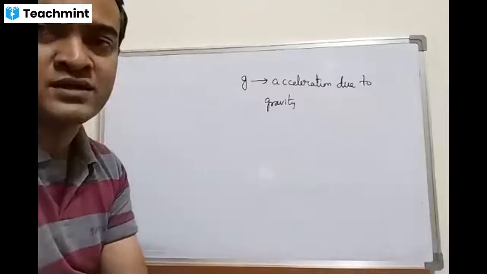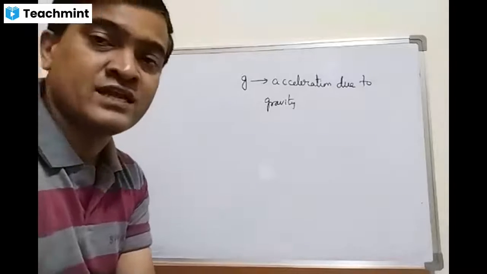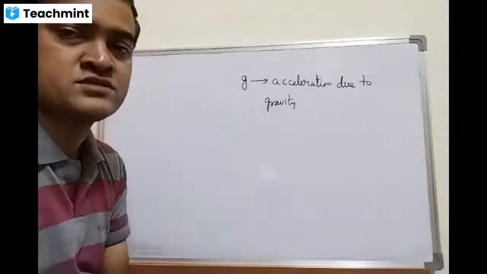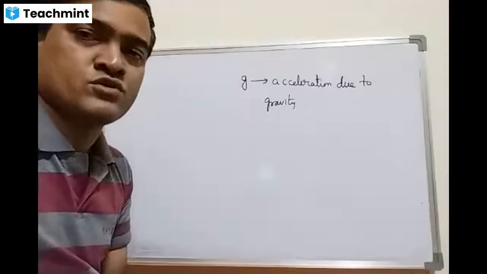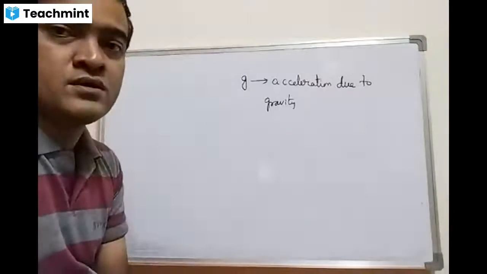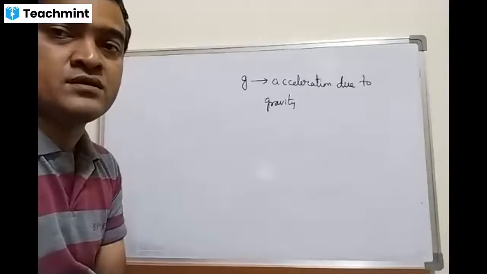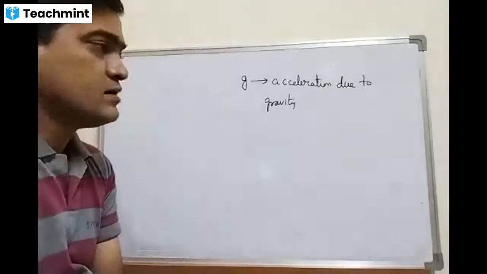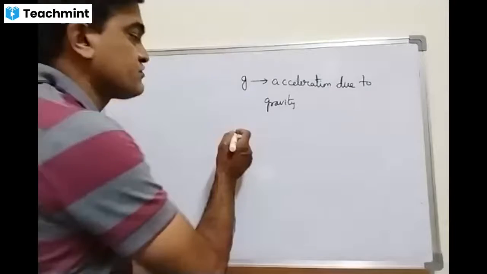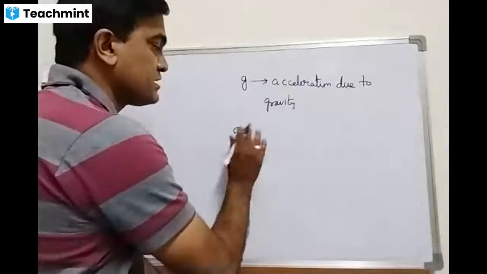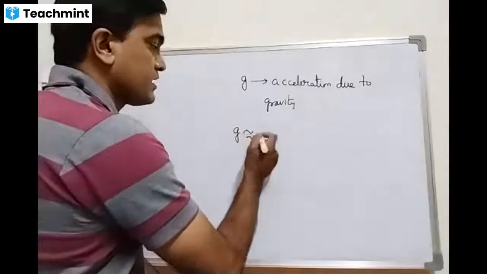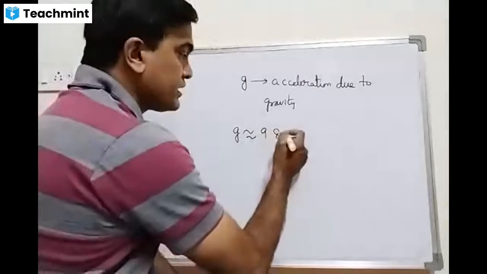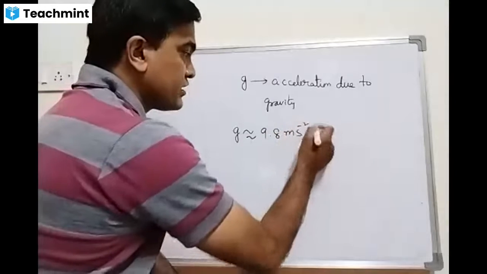And it has been found experimentally by a famous scientist, Galileo. You might have heard of a scientist called Galileo. Galileo was a famous scientist, somewhere in BC, I'm not sure. He could find out the acceleration of free fall, and the value of g was found experimentally to be approximately 9.8 meter per second square,